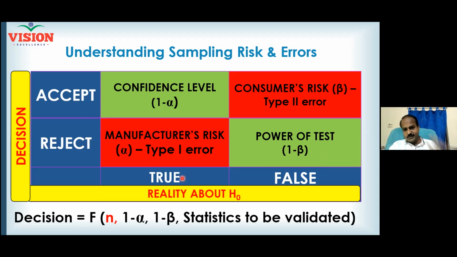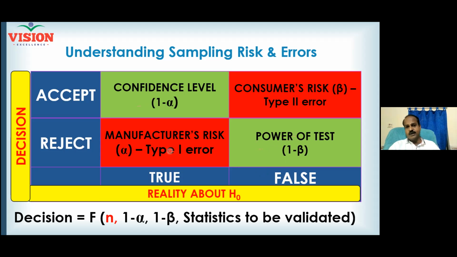Null hypothesis is true and you don't reject. Actually, we should never use the word accept. We should use do not reject. Null hypothesis is true and I don't reject. That is my confidence level. Your confidence level talks about the non-rejection of null hypothesis, right? Then if your null hypothesis is false, you are correctly rejecting it. That is called the power of your hypothesis testing. Your null hypothesis is false, but still you accept it. That is called type 2 error. Hope it is clear to all of you, right?